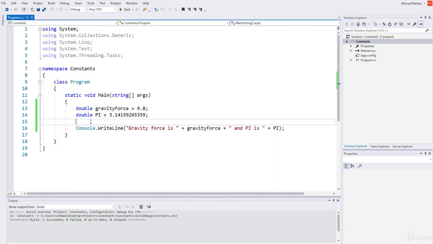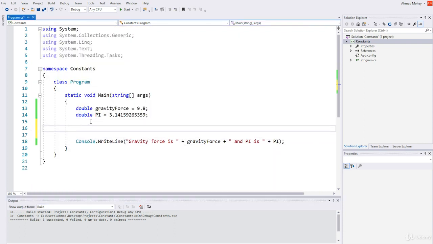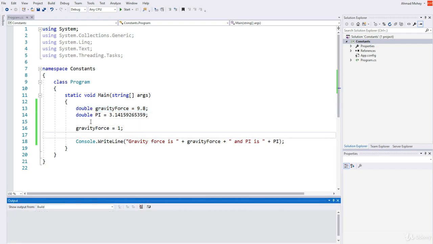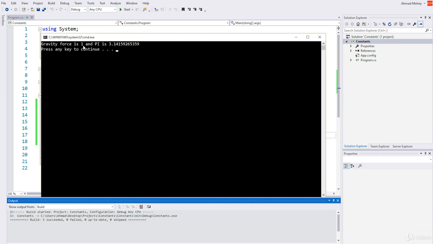What if for some reason, by mistake, me or some colleague or the program itself, changed the value of, for example, the gravity force and made it 1? First of all, we all will be flying because that's very low. But that's not our concern right now. So this will affect all the equations and the calculations because this number should be fixed. So how can we prevent this? Let's run it first to see that it has been changed, and you can see gravity force is 1,